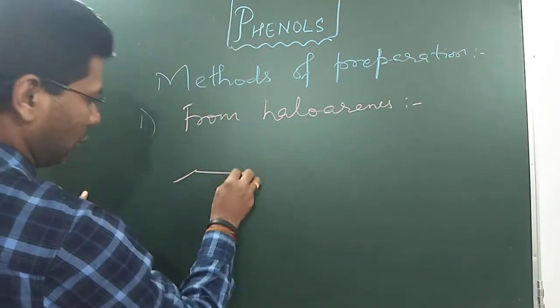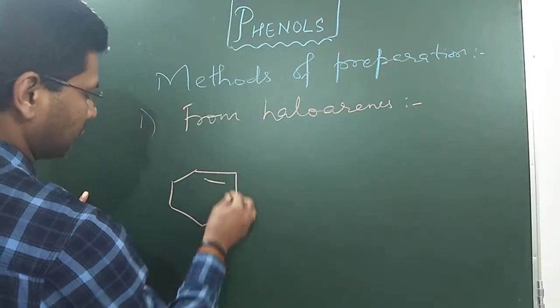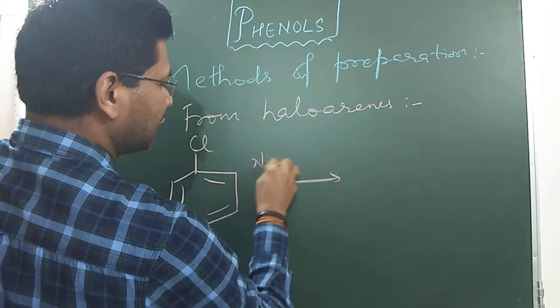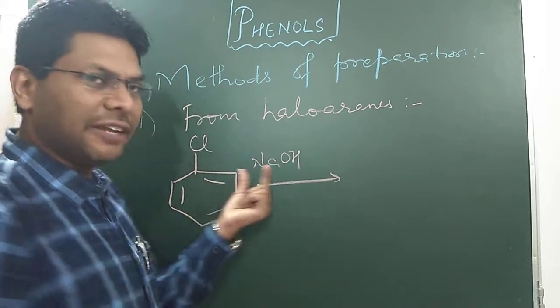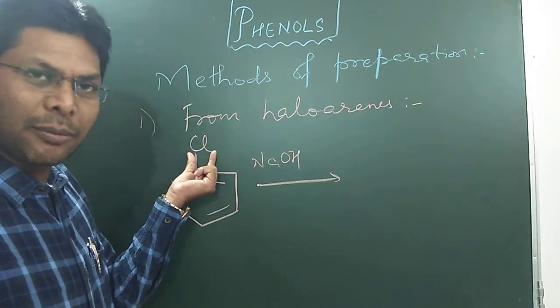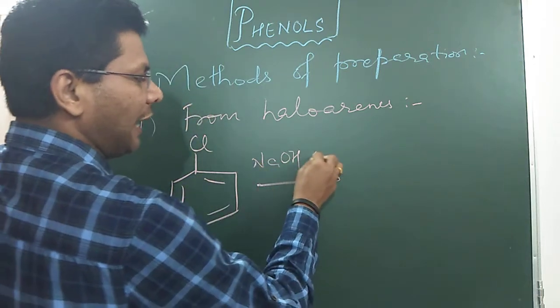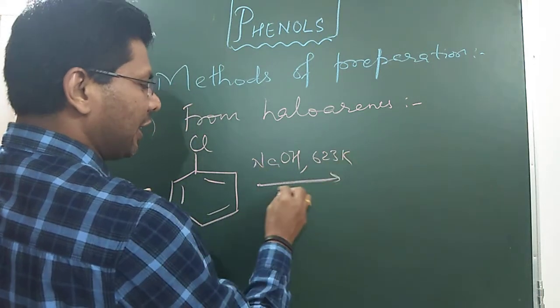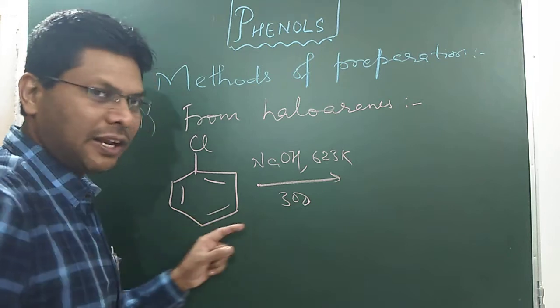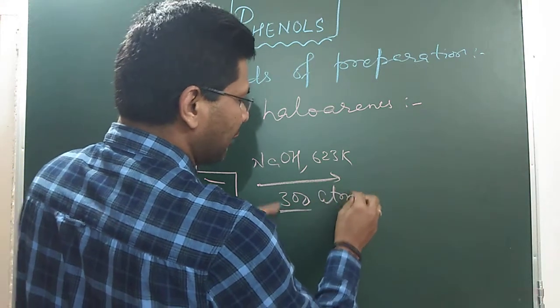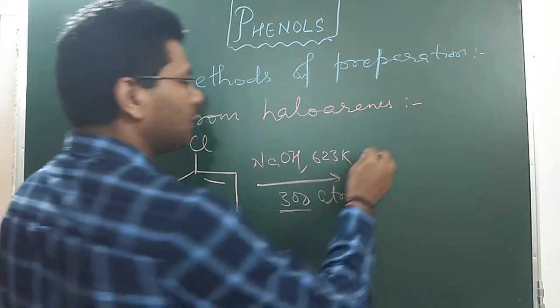If we take chlorobenzene and treat it with NaOH, this is a difficult reaction because of the partial double bond character between carbon and chlorine due to resonance. So high temperature and high pressure is required, in the tune of 300 atm and 623 Kelvin, to convert this